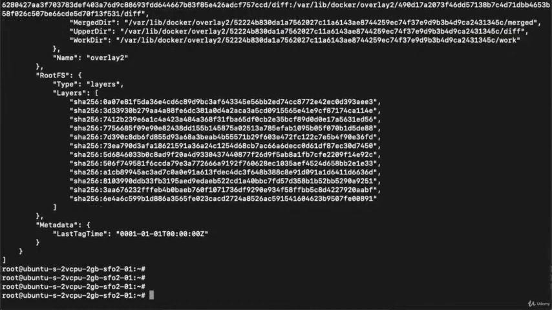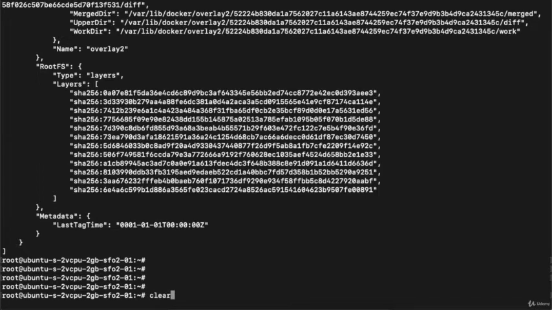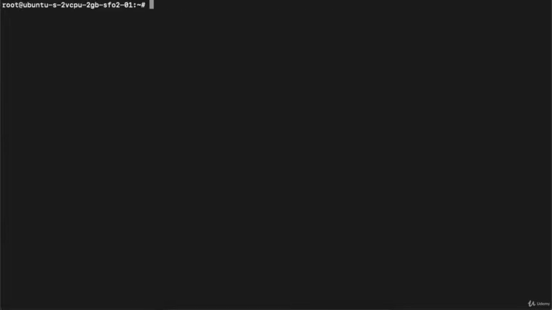So first, let's start the MySQL container, right? To start the MySQL container, we need to execute the command docker run -d, in detach mode, --name. Suppose I name my container mysqldb. Then we need to pass the image name, which is mysql. But we know very well that to start MySQL, we need to pass an environment variable, right?